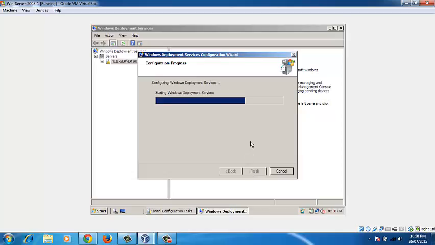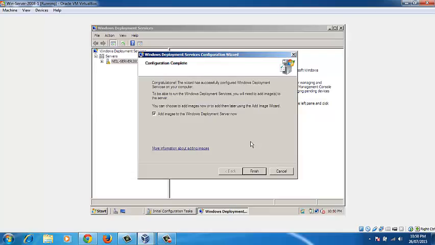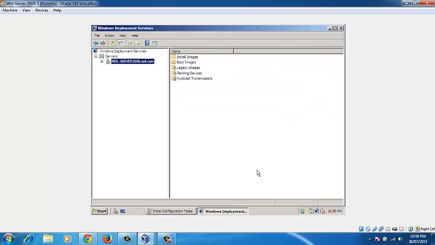So the Windows Deployment Service is being configured. Now you can untick this box because I want to show you how to add your boot image and your install image. Okay, now if you go back to Windows Deployment Service, click the drop down box, we're going to see these options. What we're going to do first is add a boot image, and then we're going to add an install image. Now for this we need the Windows